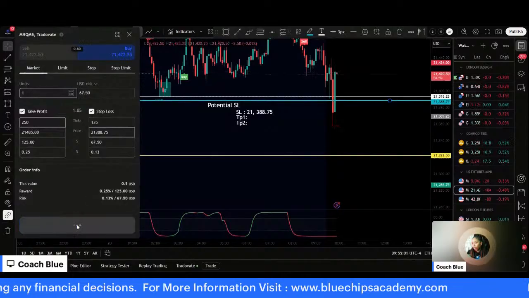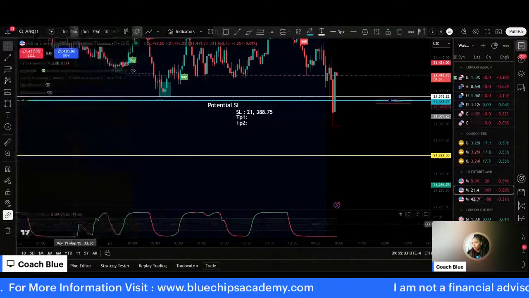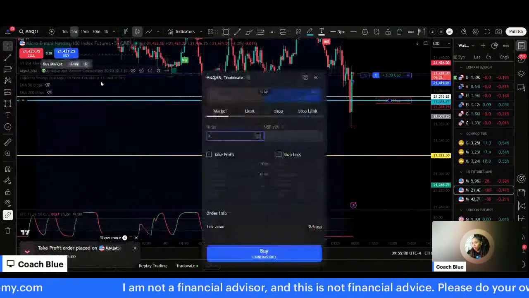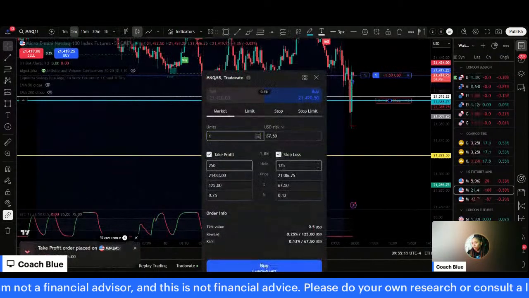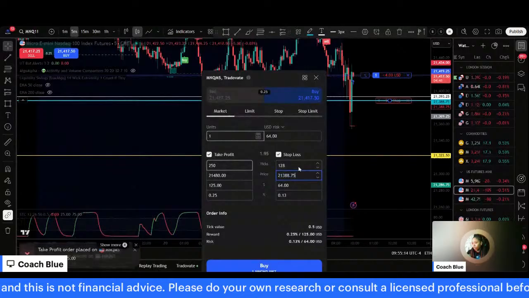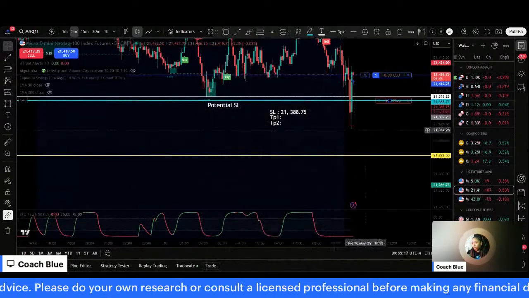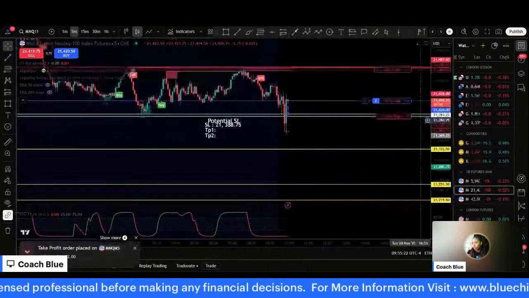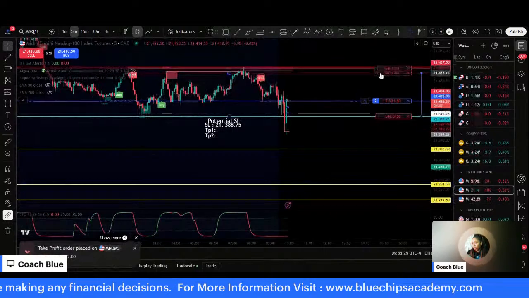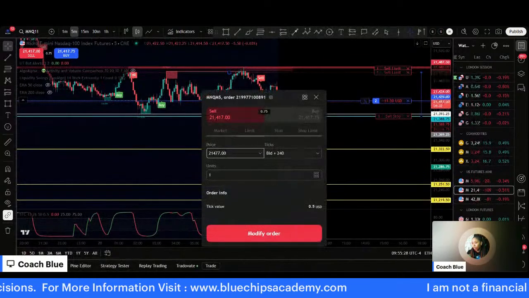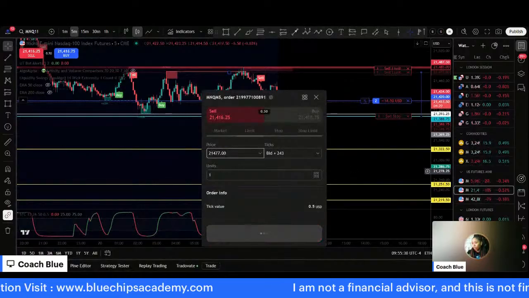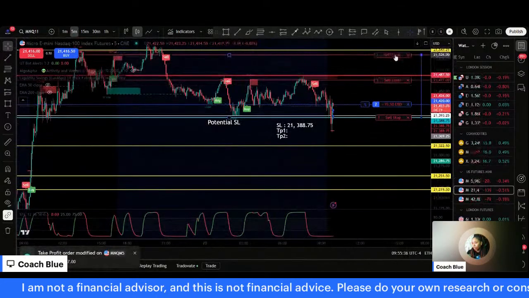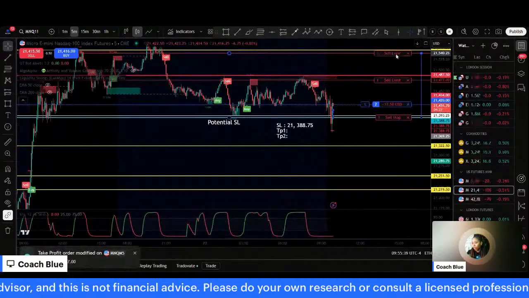All right, guys, I'm in a buy. I'm getting in position. Same thing. Okay, in a buy. So both of my stops are in the same position, but my take profits will be different. TP1 will be right here at the top of this range. I'll mark it in a minute. And then TP2 is going to be at the top, this level right here. So those are my 2 positions right there.